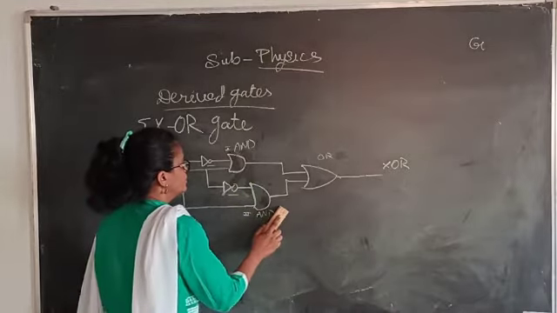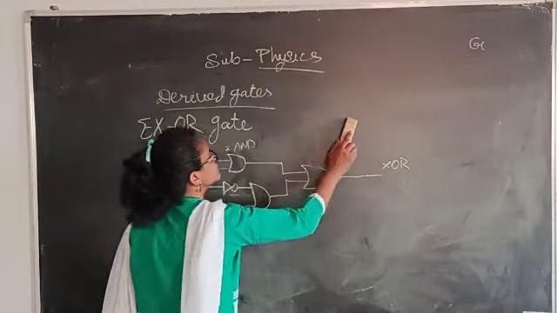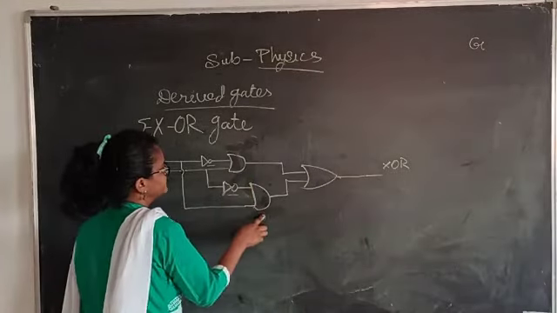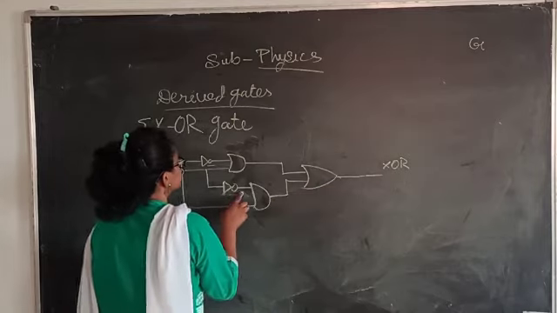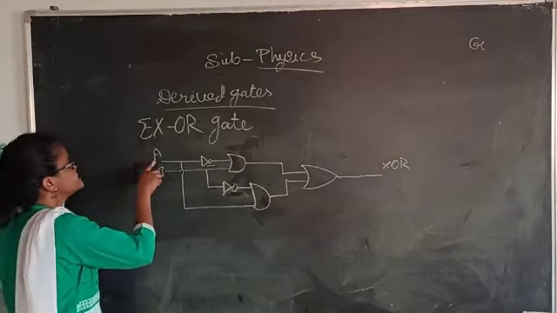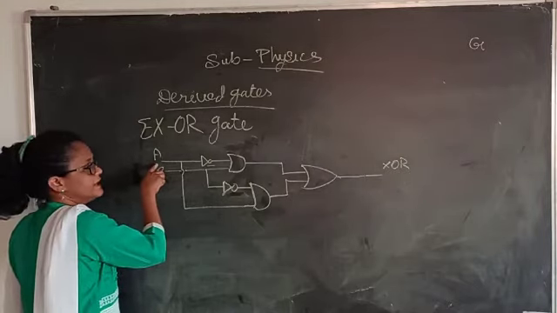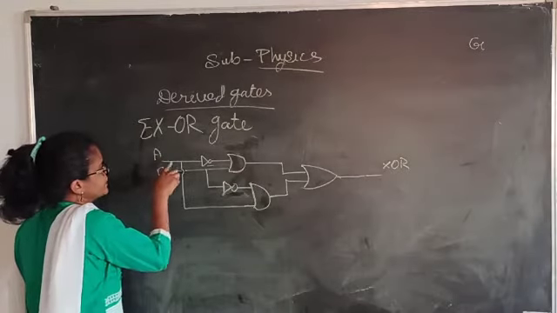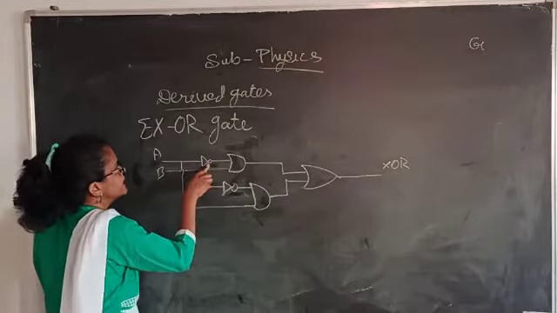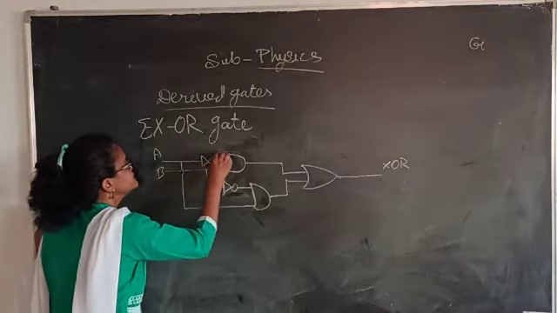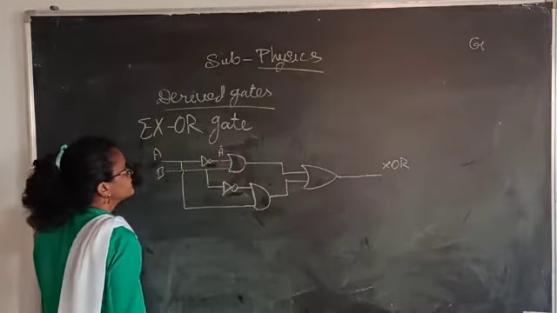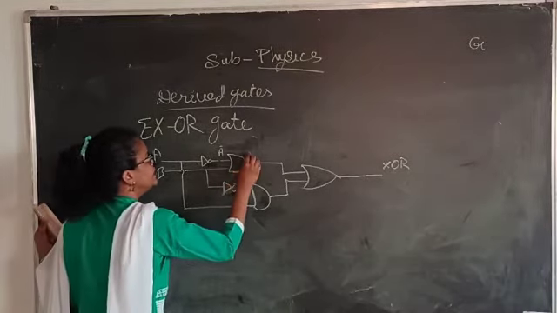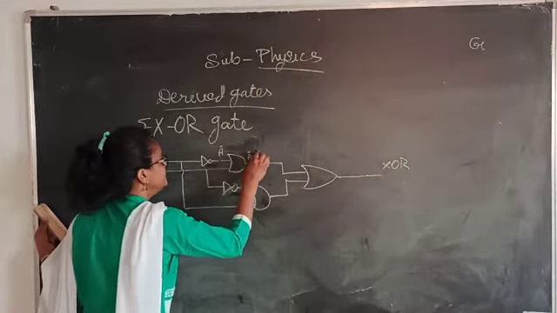To reduce your confusion, we can remove all these things, and I hope it's clear that this is the AND gate, this is another AND gate, this is the OR gate, this is the NOT gate. First of all, we'll try to clear this logic diagram. This is the A input. To this A input, a NOT gate is connected, which means at this point it is A bar. This is A bar and this is B.